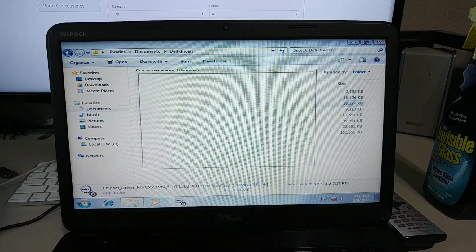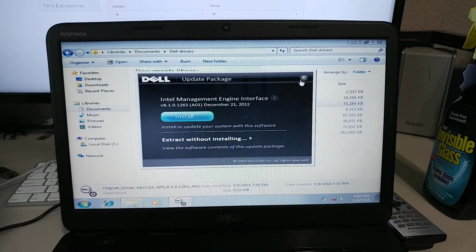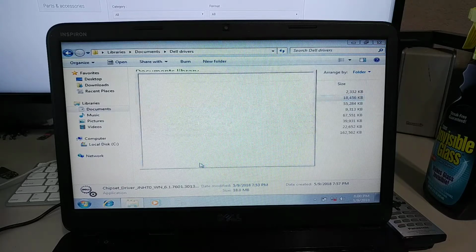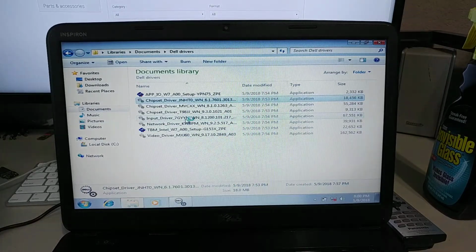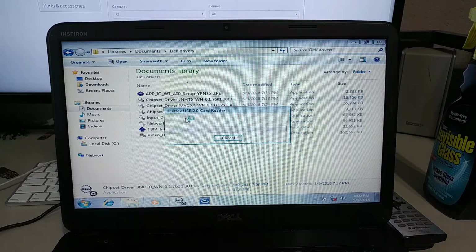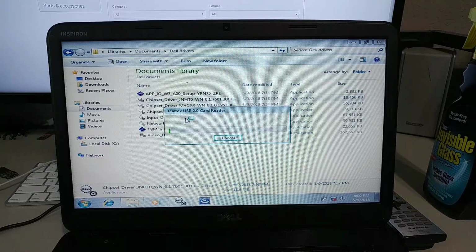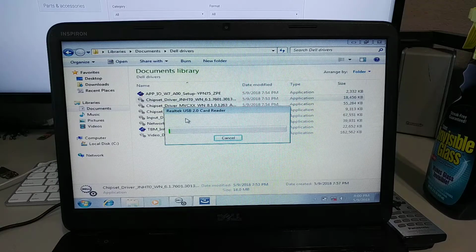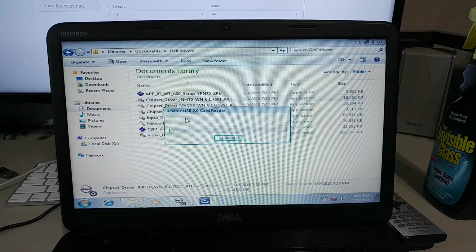Now I want to install the next one so I can keep myself knowing what drivers I'm installing. Yeah, I can't get this back to him if it's blue screening. If it's blue screening like this, I mean,